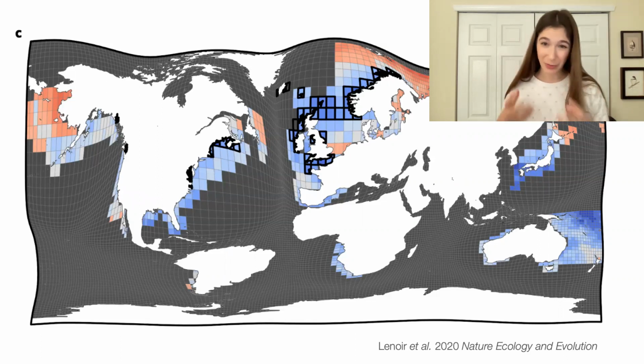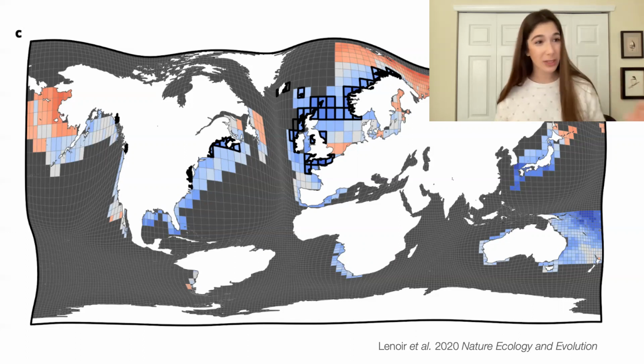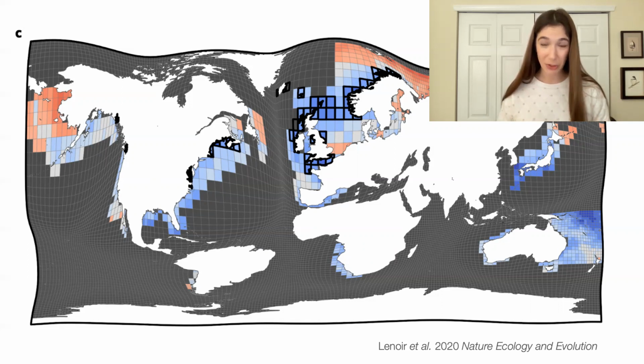The shrunken regions are relatively data poor, and the color of each grid cell shows the degree to which those range shifts were consistent with climate velocity, the direction we predict them to shift based on climate change, which is usually toward the poles. So you can see that this map is overwhelmingly blue and species in the oceans are largely tracking temperature change. But it's one thing to attribute range shifts to a driver and quite another thing to make predictions based on that driver.